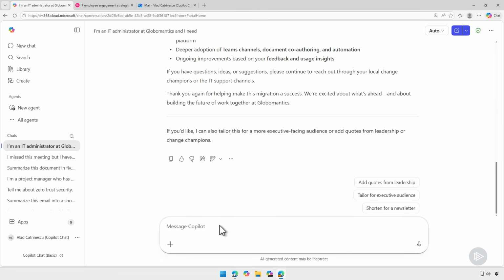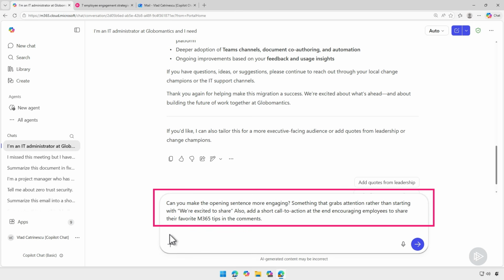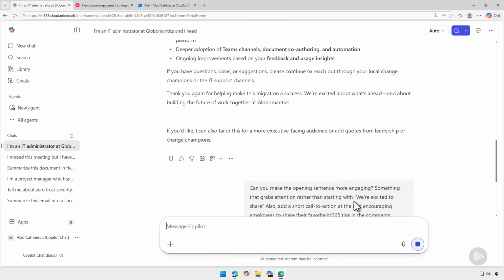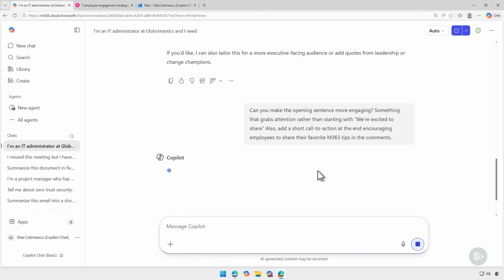So let me go and ask Copilot here, can you make the opening sentence more engaging? Something that grabs attention rather than starting with, "We're excited to share." Also, add a short call to action at the end, encouraging employees to share their favorite Microsoft 365 tips in the comments. So let me send this to Copilot here, and then we're going to wait a few seconds for